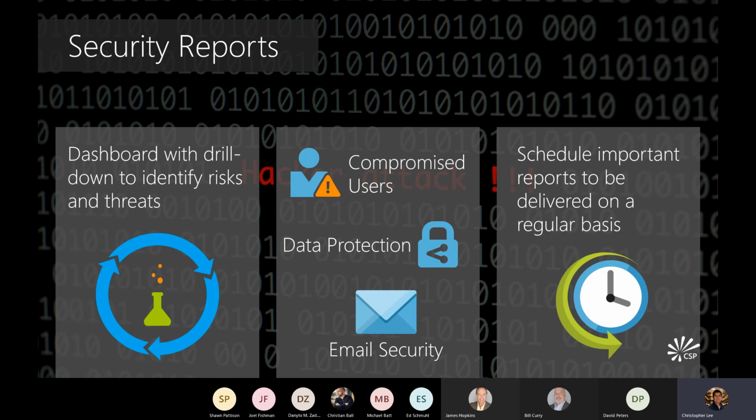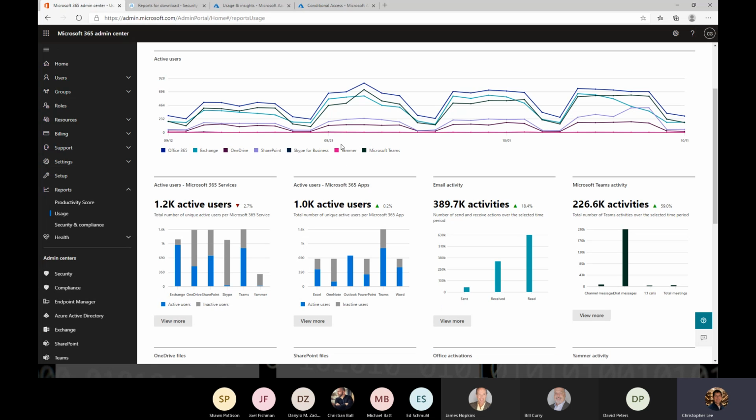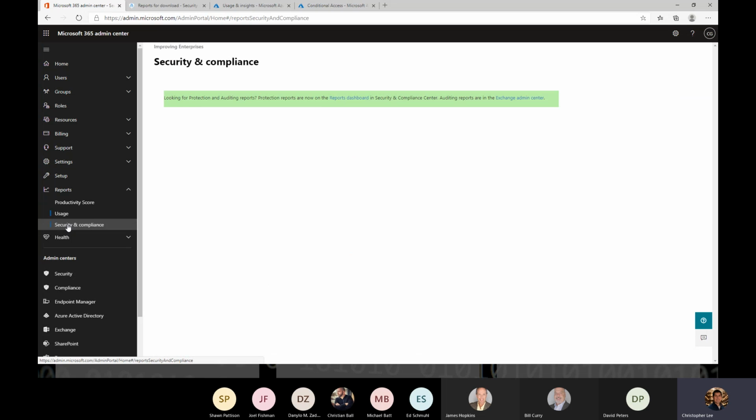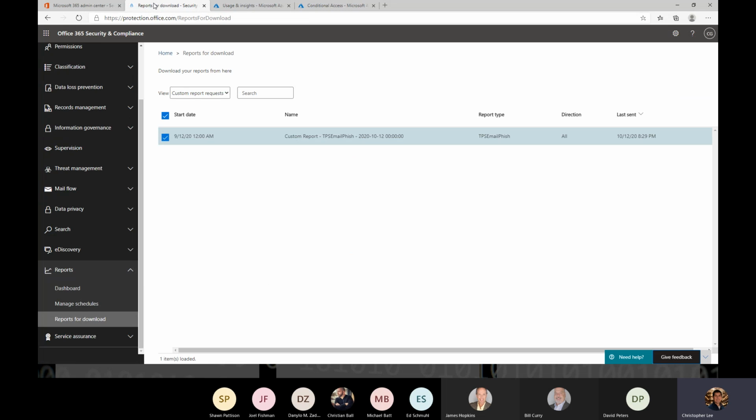Let me jump over to the portal because I'd rather spend more time in the portal than on a slide. One second. I'm doing this in our improving tenant. Gotta remember which one I'm jumping in, our demo or improving. So when you go to the security reports, you can use the Microsoft 365 admin portal. If you click on security and compliance, it's not giving us any reports. It's pretty much just giving us a link to jump over to protection.office.com,